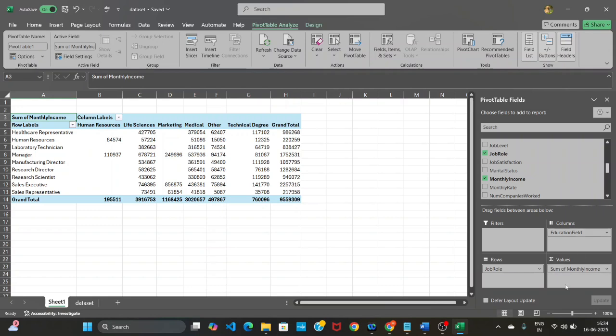Under the values again we are going to drag and drop job satisfaction,